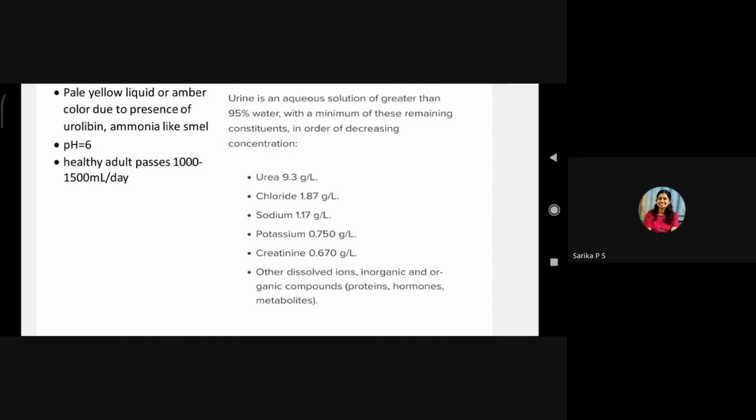Okay, so these are the components. Urine contains more than 95% water only, and the rest is urea, chloride, sodium, potassium, creatinine, and other dissolved ions, organic and inorganic compounds. So these are the constituents of urine. Now,